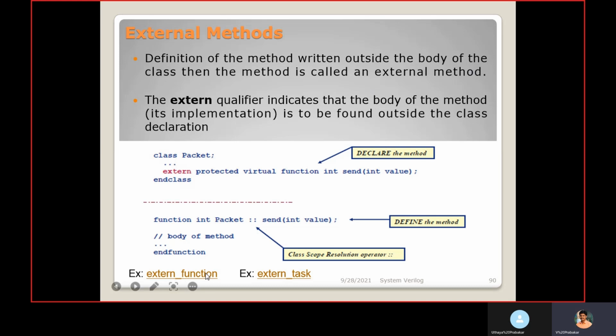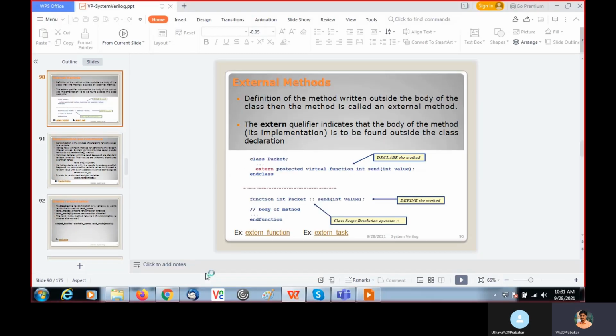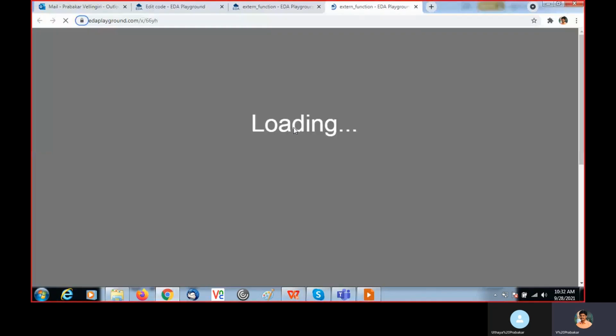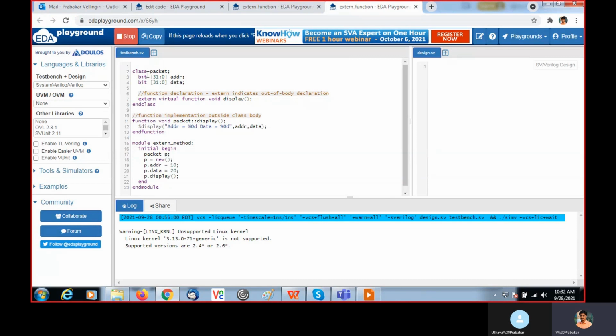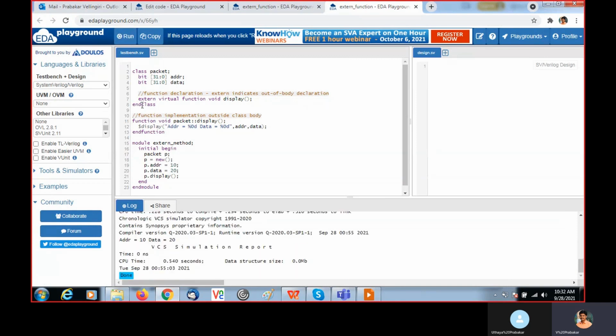Let's see one example for this. Inside this class, I have two properties. One is address, another one is data. Inside that, I just declare the function name with the help of extern virtual function void display.